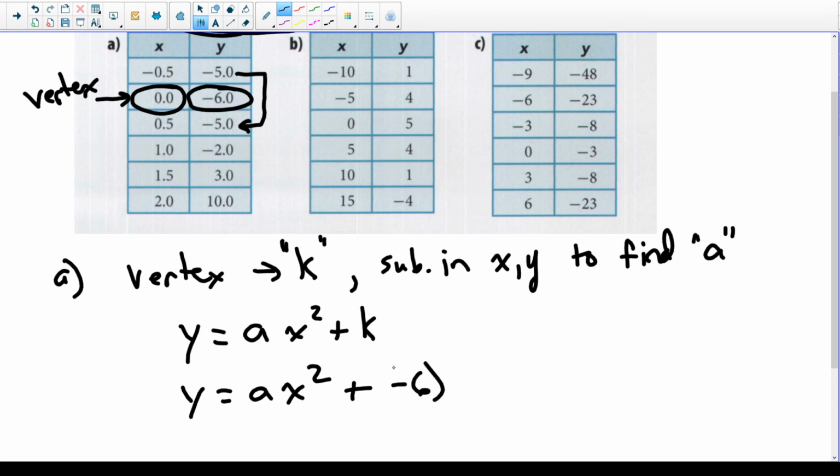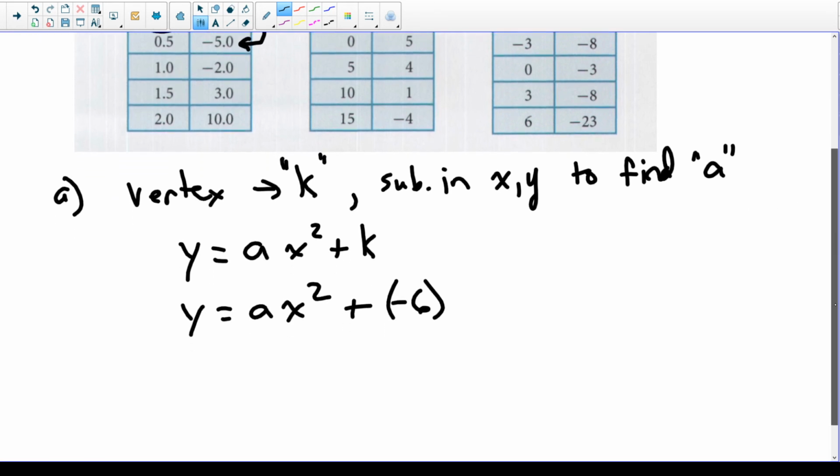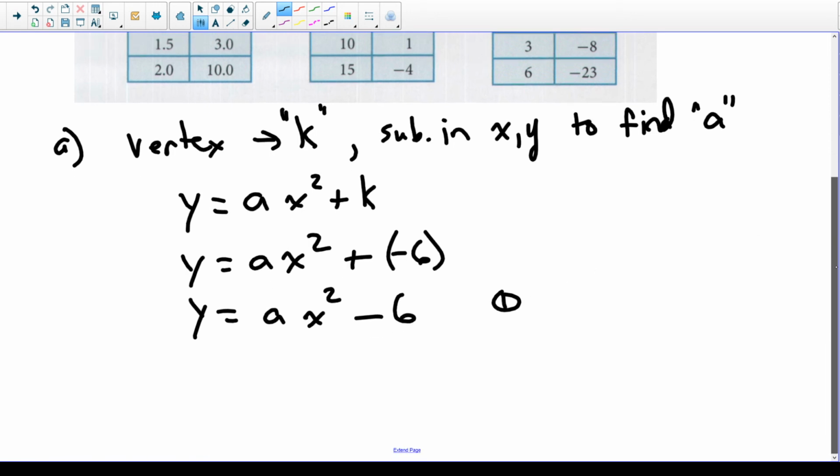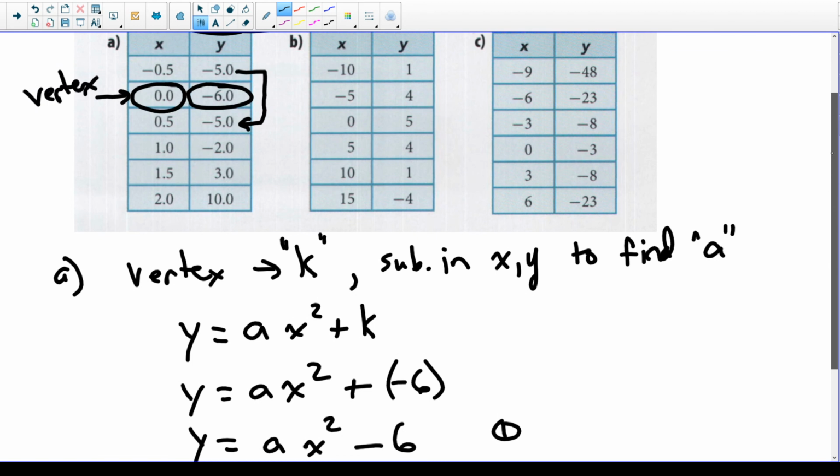Now some of you are screaming at me, sir, could we not just replace that as a -6? And the answer is yes. But I just wanted to show you that we are substituting a -6 where the k is. But then when we look at a plus negative, you can just change it to a negative. So that's step 1 done. Step 2 is we now have to sub in our x and y values. So pick an x and y value, not the vertex, okay,